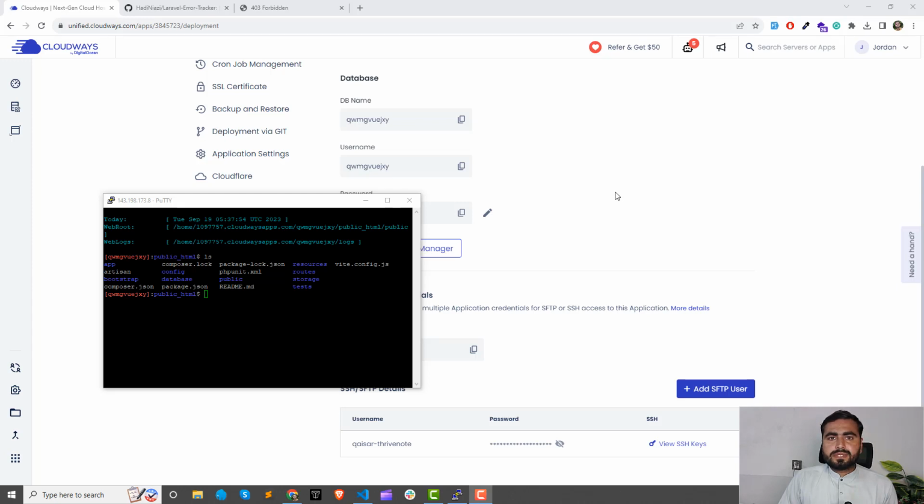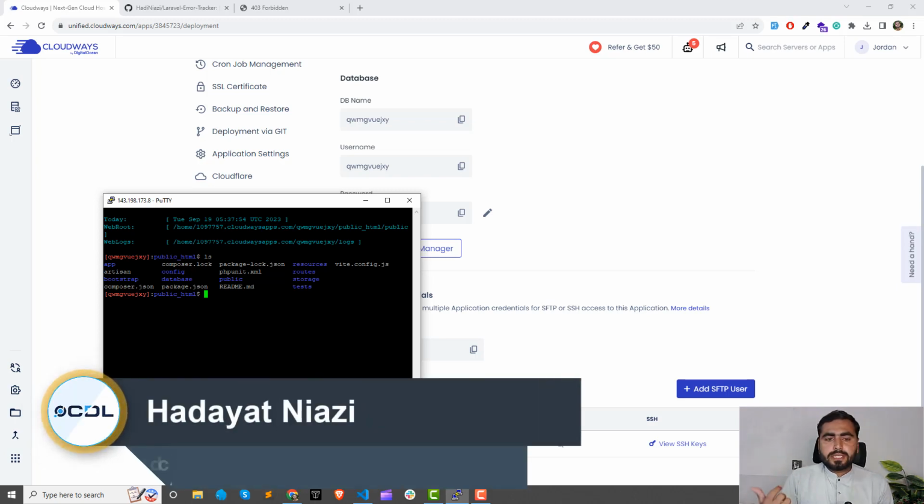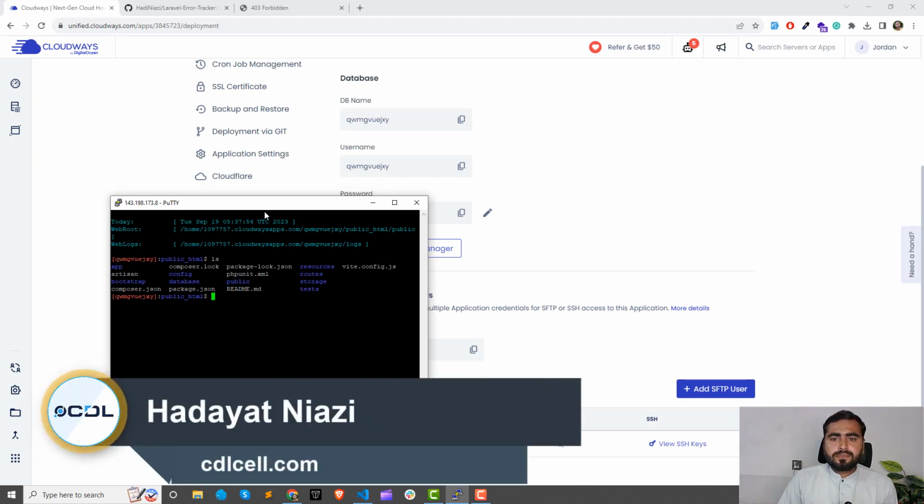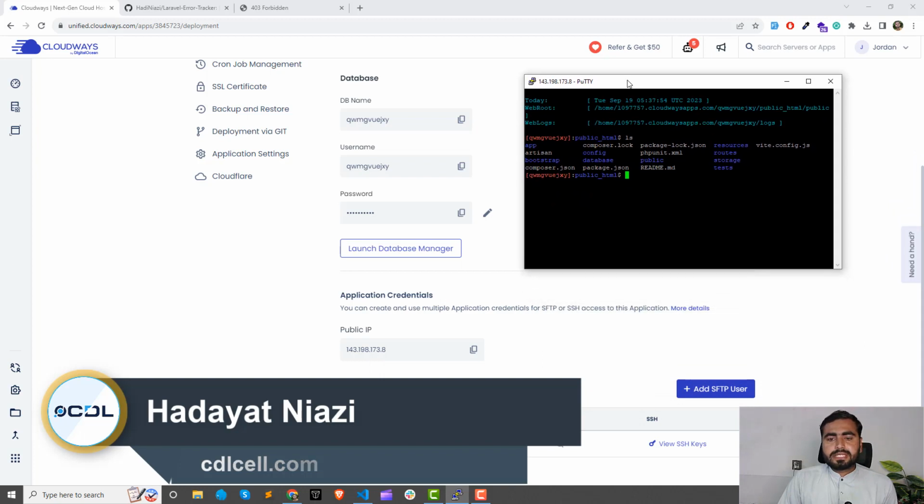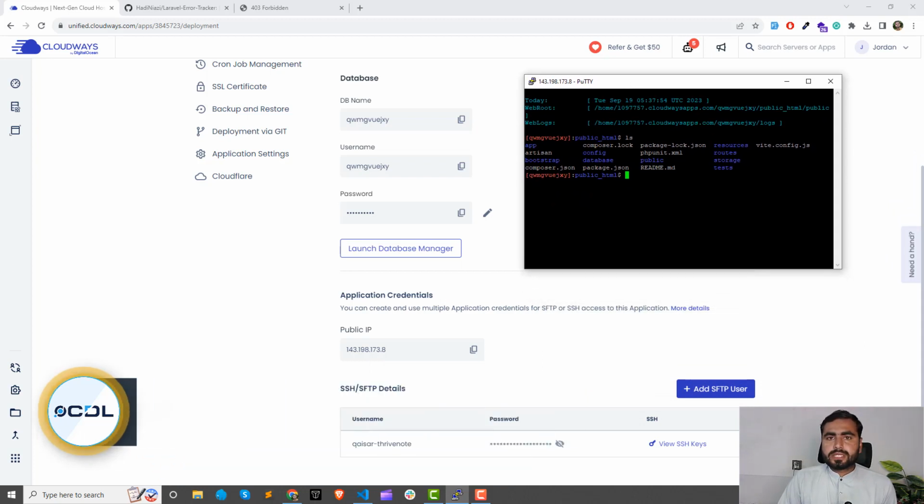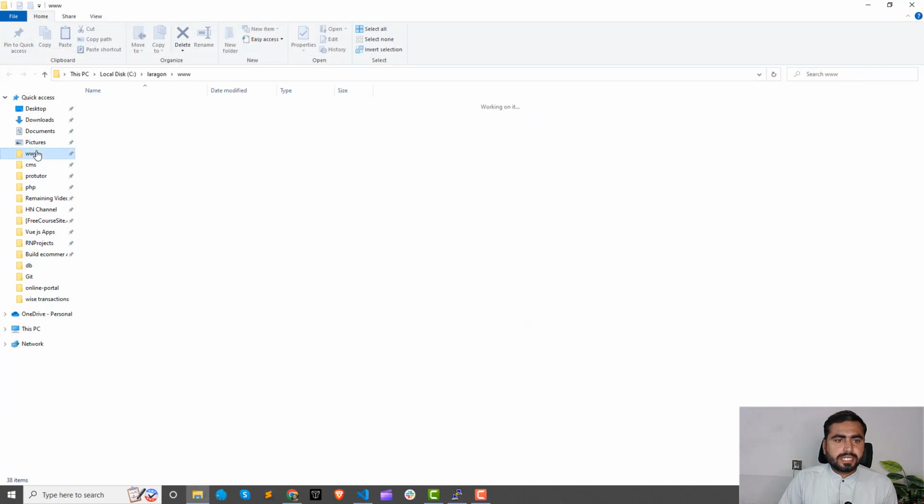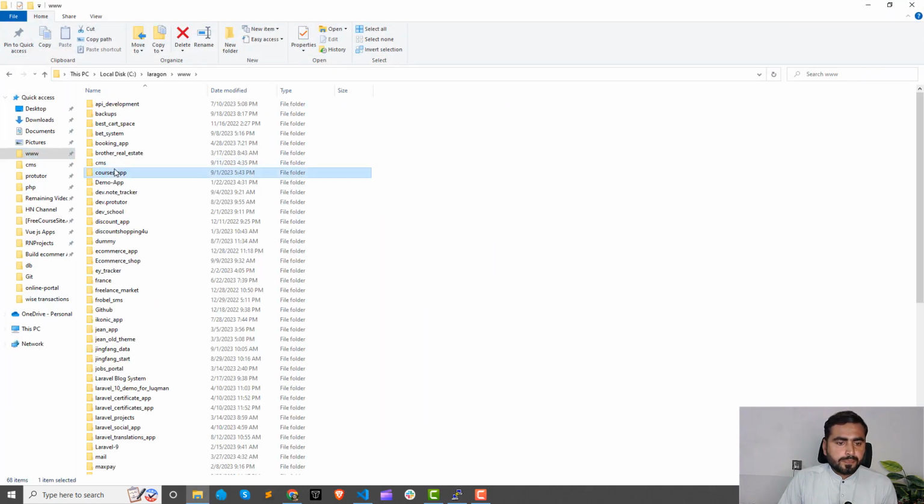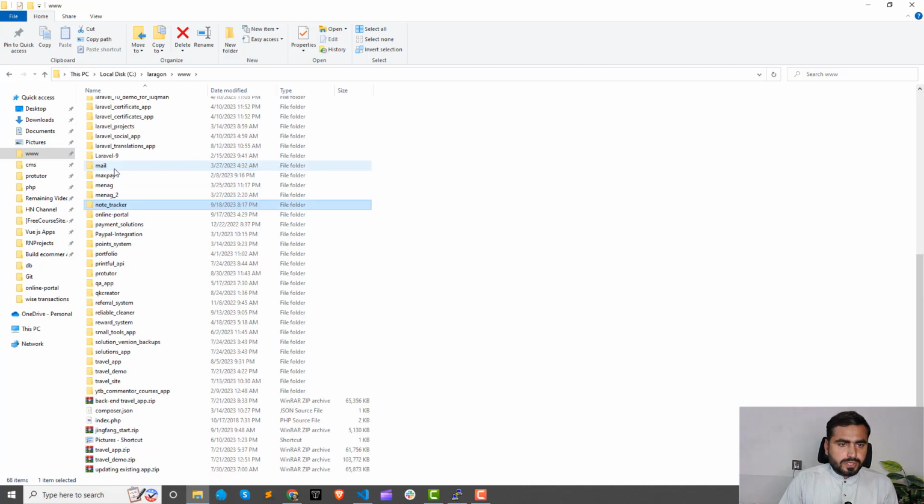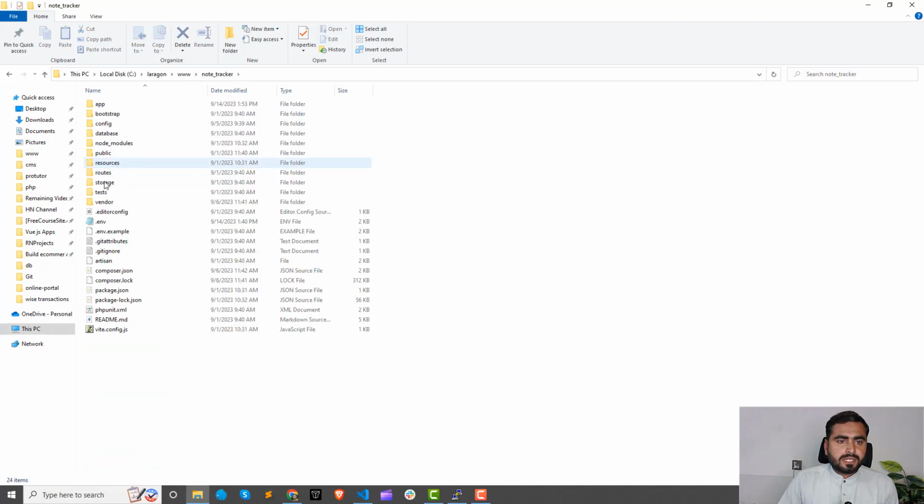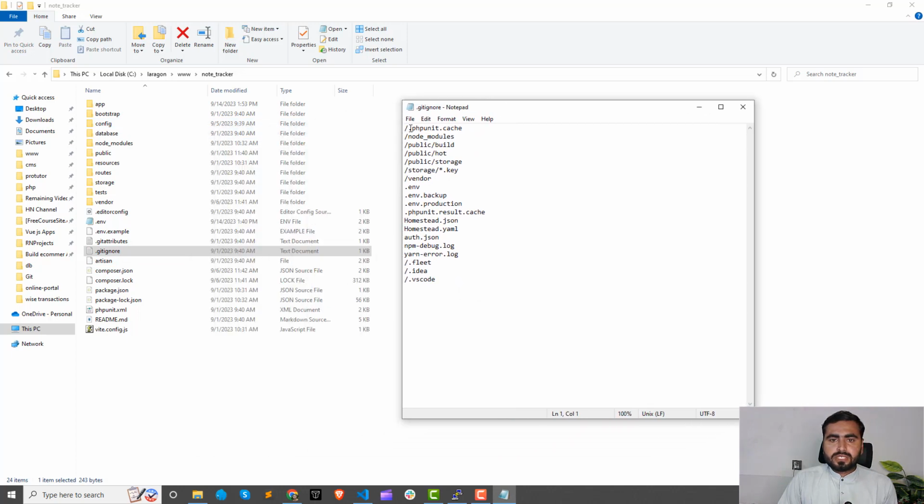Okay, in the previous video we checked that our application is there. So now it's time to install this application, because as you are deploying your application on GitHub, GitHub ignores some files. If I go here and show you what it ignores, it's the node tracker, this one. And if you visit this .gitignore file, it will ignore these files, phpunit,